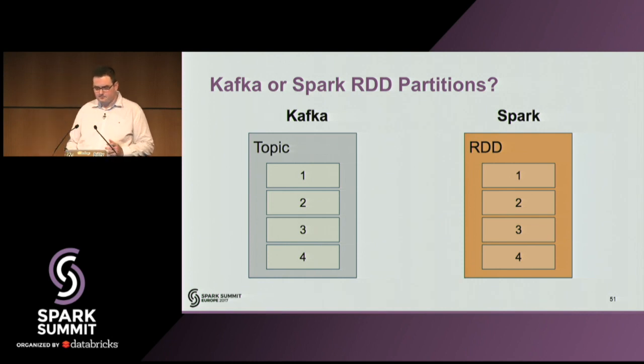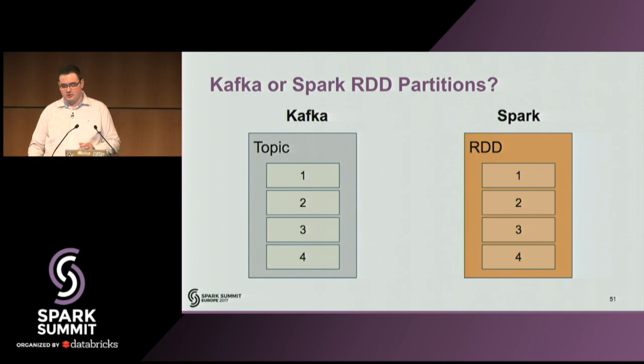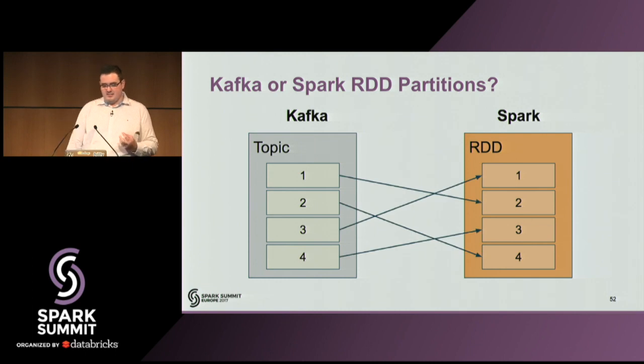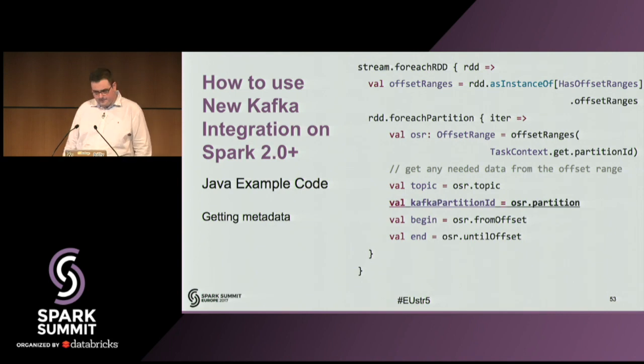How do they relate? Our RDDs will have as many partitions as the Kafka topic has, and we will have a 1-to-1 mapping. So we expect to see as many tasks for each stage as topic partitions your Kafka topic has. But this mapping will likely not be the same index of partition on both sides. So this line here is important to take into consideration if you need to map partitions of the RDD to Kafka topic partitions. Because if you use the RDD partition index to store the offsets, the mapping will surely change on each restart or even while your application is running.